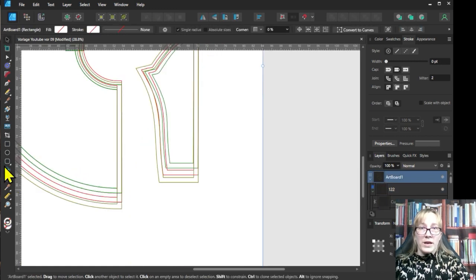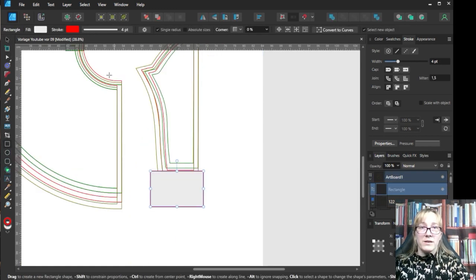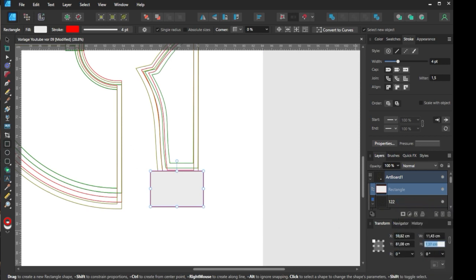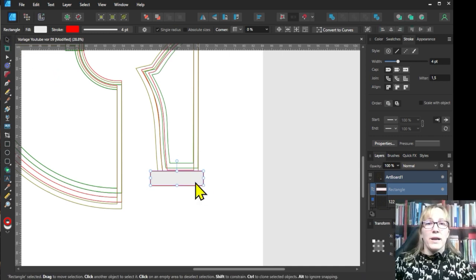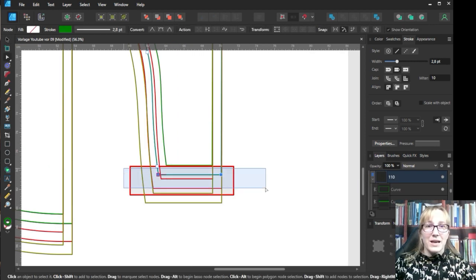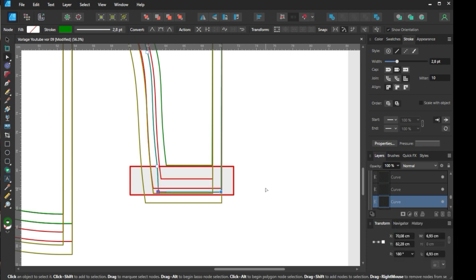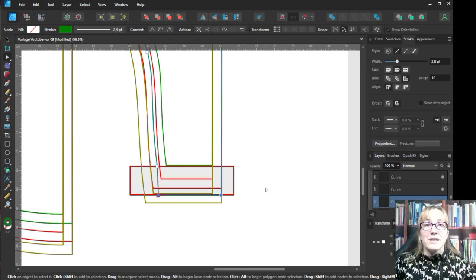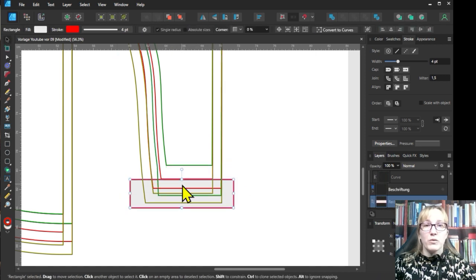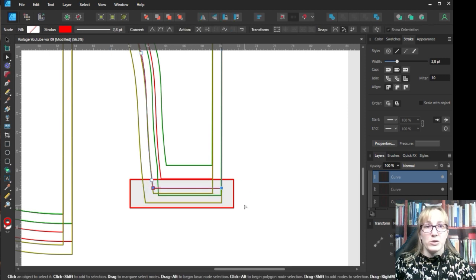If you want to add a hem length that is wider than the seam allowance, draw a rectangle and enter the desired hem height, for example 3 cm. Then place the rectangle at the seam line, mark the knots of the seam allowance line and move them to the lower end of the rectangle. It is best to hide the other layers for this. Then move the rectangle to the next seam line and so on.